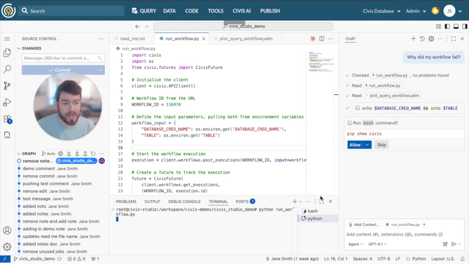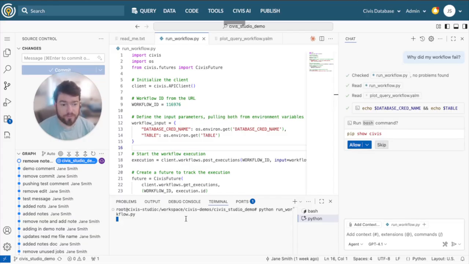Now Civis Studio is executing the script, which kicks off the workflow with the configured parameters. The workflow is running on a job in Platform, calculating those averages, creating the visualization, and outputting that visualization in the workflow's logs. Soon, at the bottom here, it will tell me if this workflow has run successfully or if it encountered an error. If I do encounter an error, I can just ask Copilot here on the right how I can fix that error, if it can edit my code for me, and then I just have to push